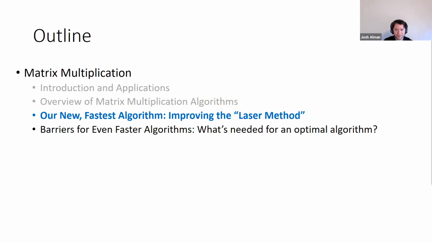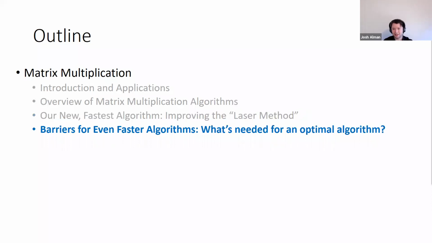So that's our improvement to the laser method. And I'll actually talk a little bit more about it later as well. But I want to move on to the second part of my talk. We're talking about barriers for even faster algorithms for matrix multiplication, or what is needed to design faster or optimal